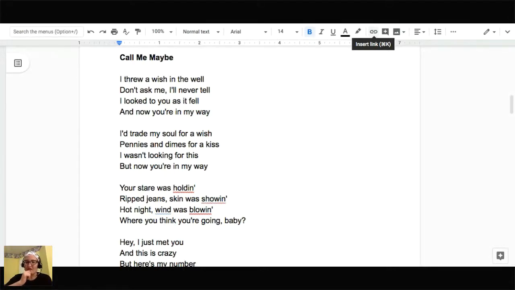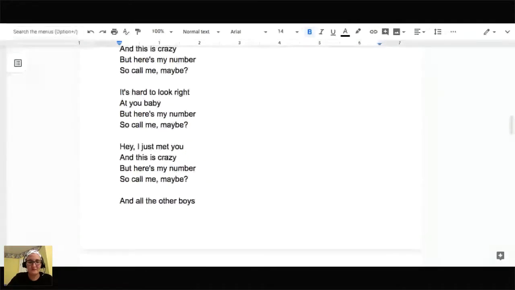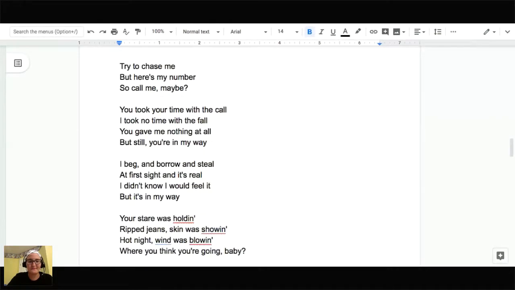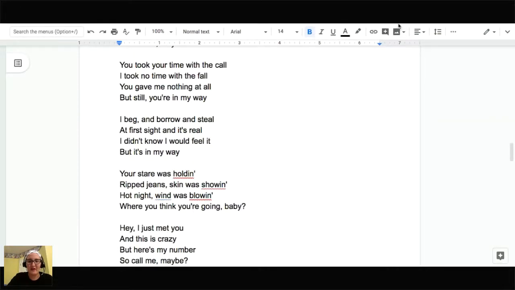So that's my question to you. How does the rhyme scheme in Call Me Maybe help get that tone across? And then I'll take you a little bit to type up. I'll just scroll down so you can see. Yeah, emphasize what? Yeah, totally emphasizes stuff. What does it emphasize? Just in case you forgot the lyrics to the song, I'm going to scroll down for you. And have fun having the song in your head for the next month.